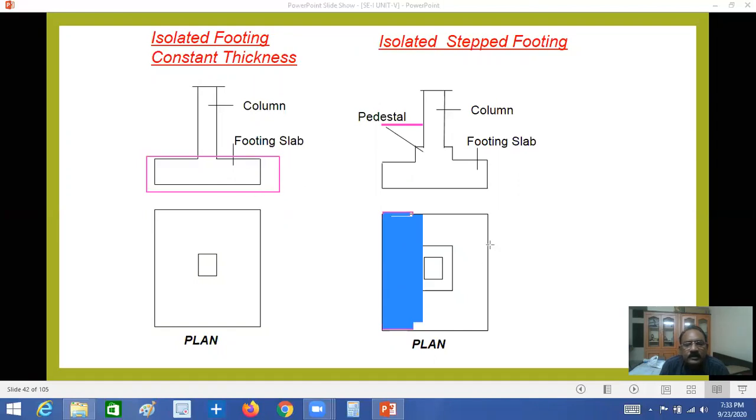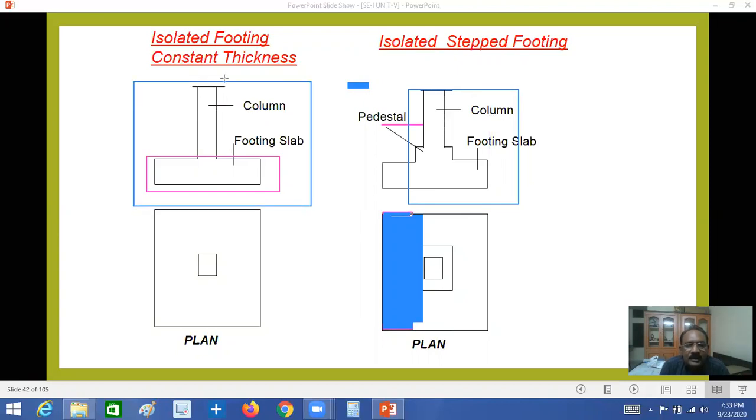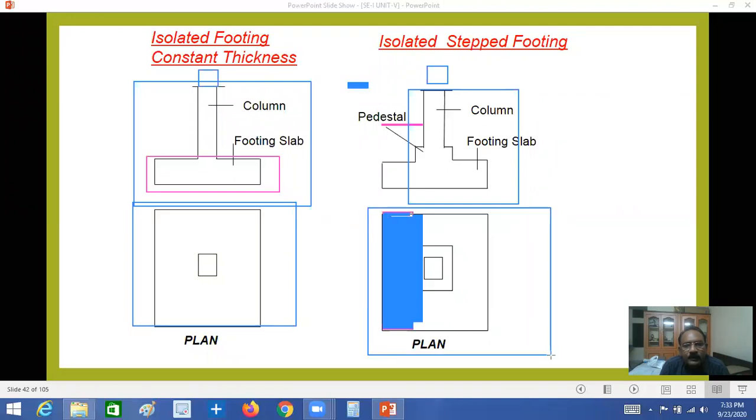So that's why, to reduce the bending moment, here it will be less. That's why here the bending stresses will be more, and the stepped footing is followed, whereas in this one, uniform footing. This is the cross section of the footing. Here is the column. If you see the column sections, it may be square, circular or rectangular. And this plan may be square, circular or rectangular. Like that, this is the plan of the footing.